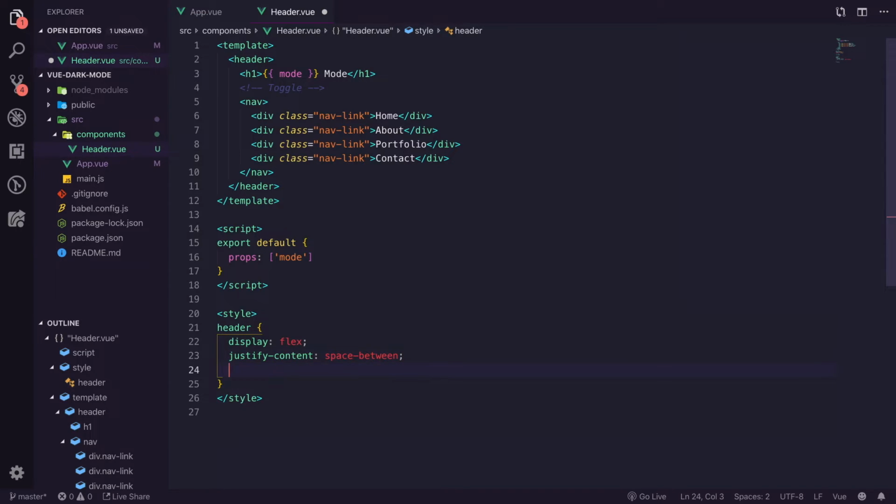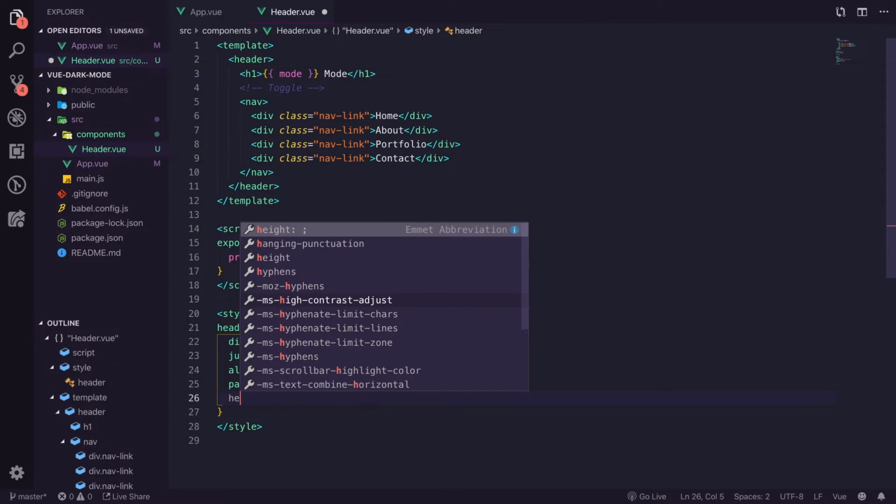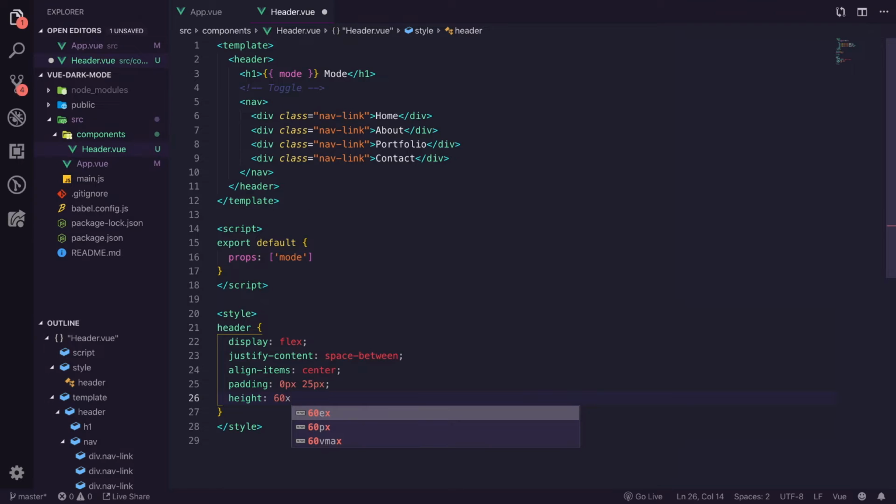I'm not going to explain the CSS because this isn't a CSS tutorial, but I'm going to try and explain every part of the toggle I can. So when we get around to the toggle stuff, I'll explain more then. So we're going to have some padding of 0 pixel, 25 pixel, and we're also going to have a height of 60 pixel,